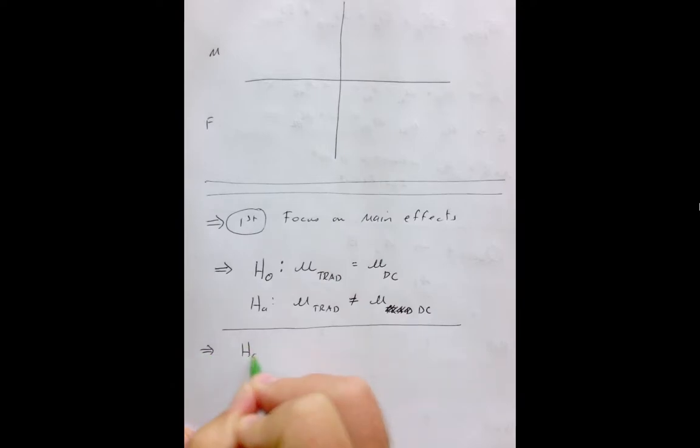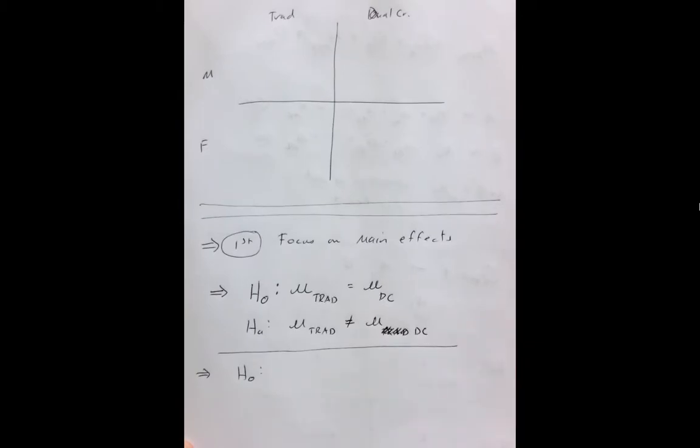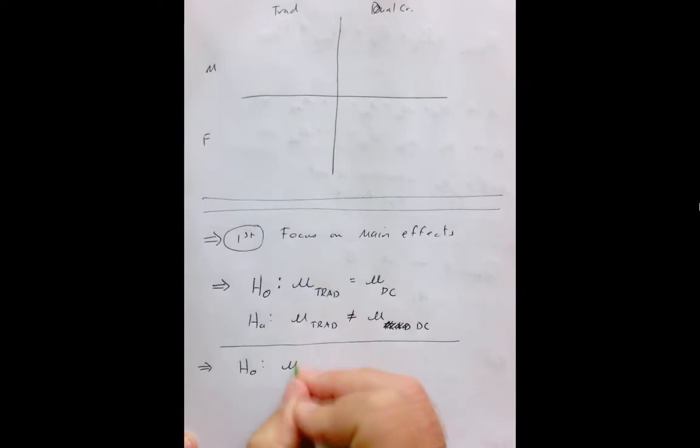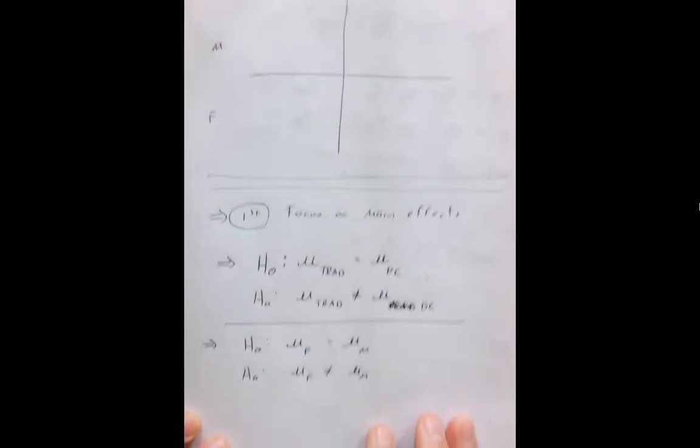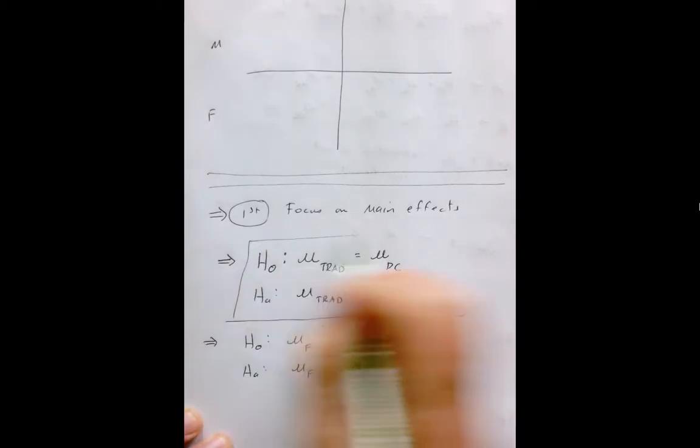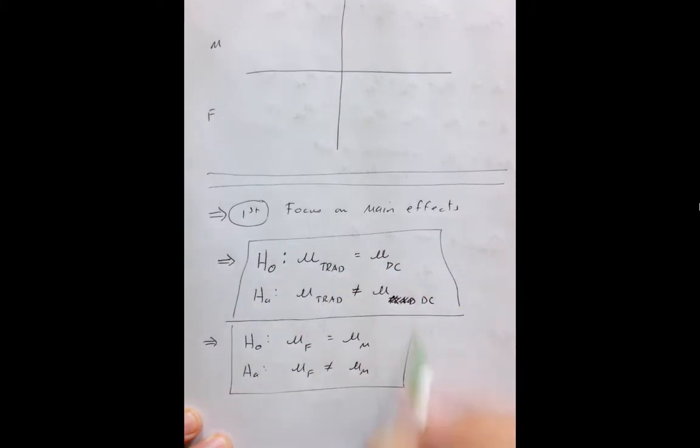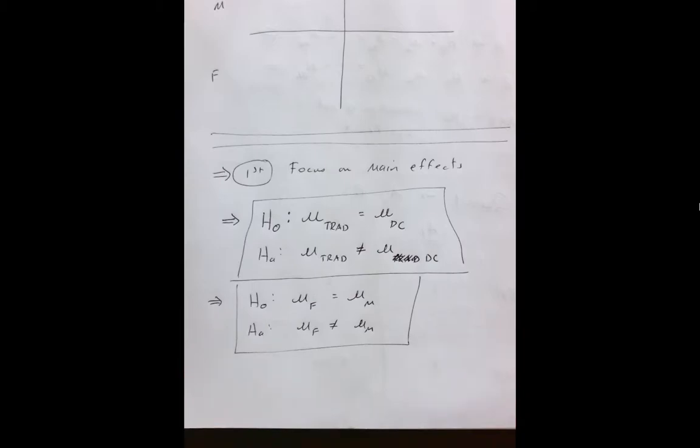The second set of hypotheses are going to look at just over gender. Forget which way they actually took their course. Is there any difference across genders? So guys, you should know now that we're going to test that the mean scores across males and females are equal versus the alternative that the mean scores across male and female are different. Okay? So guys, this is hypotheses 1 and 2. Now, the other hypotheses, I should say, are going to deal with